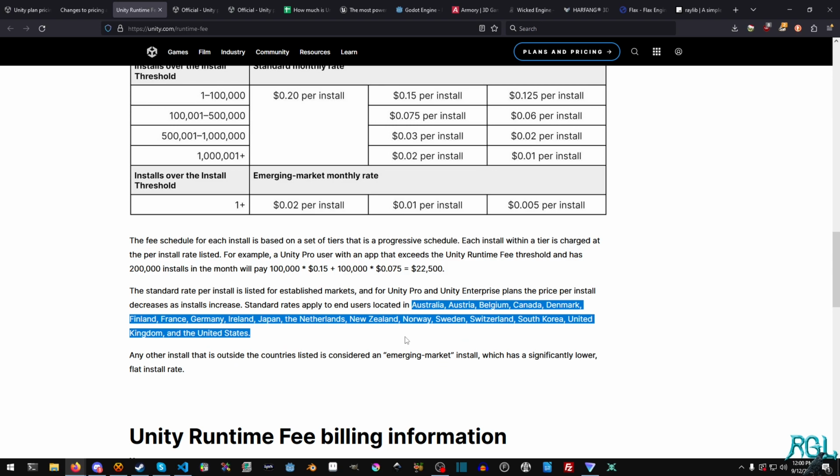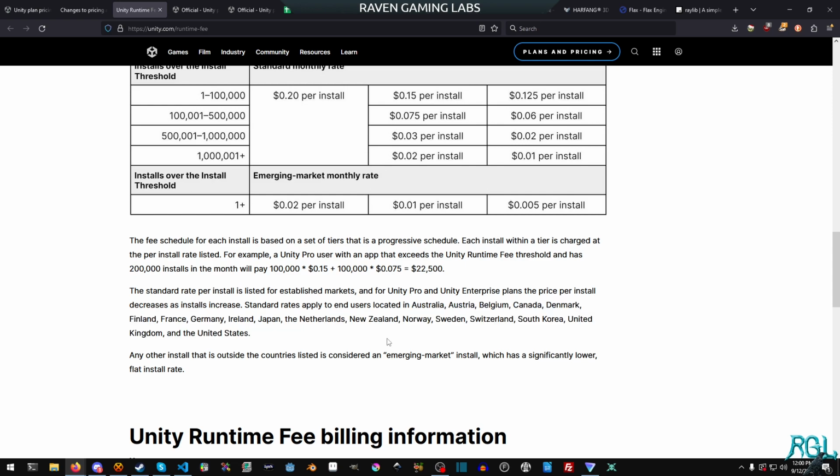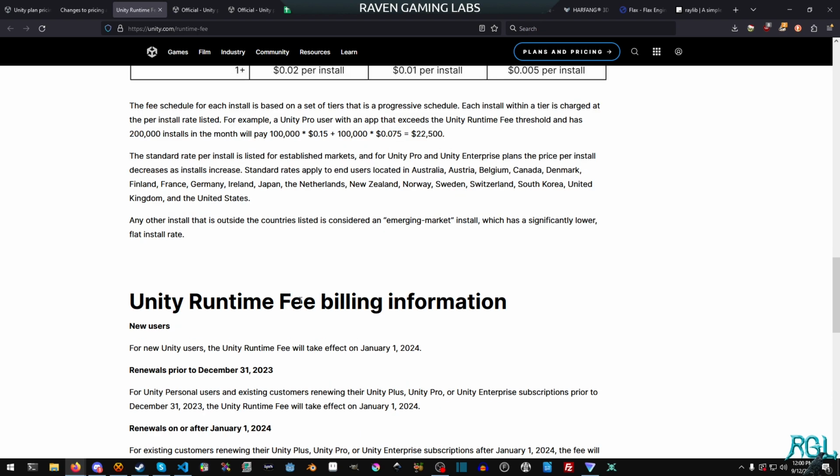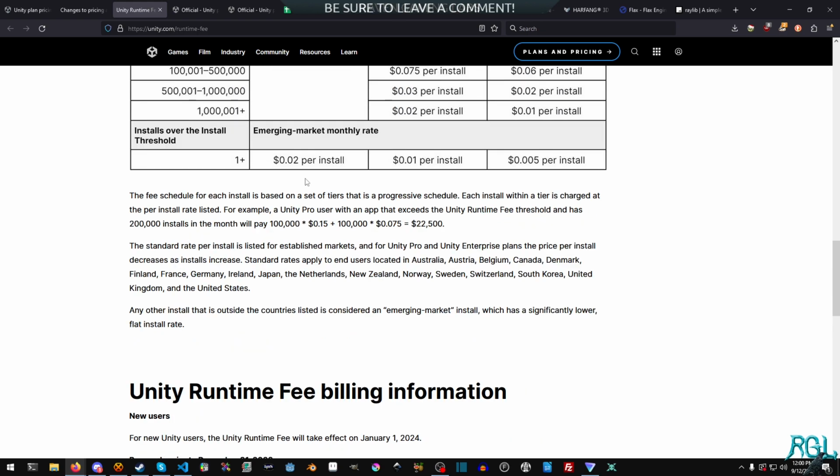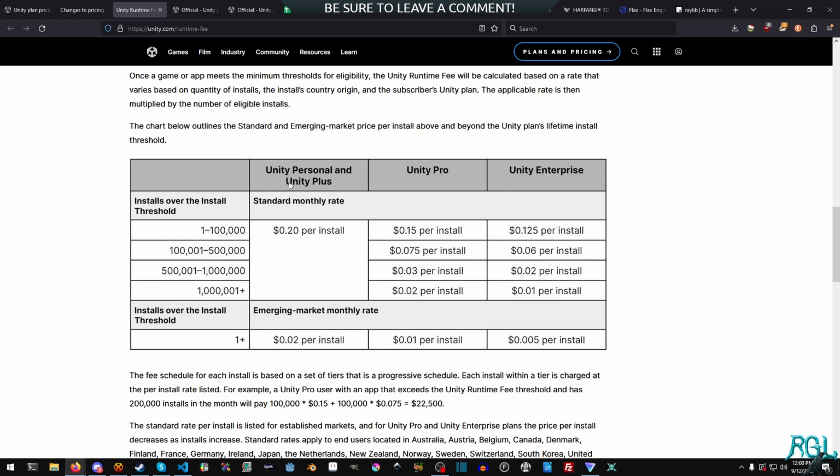It's interesting that China's not on here, given that China is an exceedingly wealthy country, like the second wealthiest country in the world, but they're still considered an emerging market, so okay. And emerging markets have significantly lower rates. But as anyone will tell you,